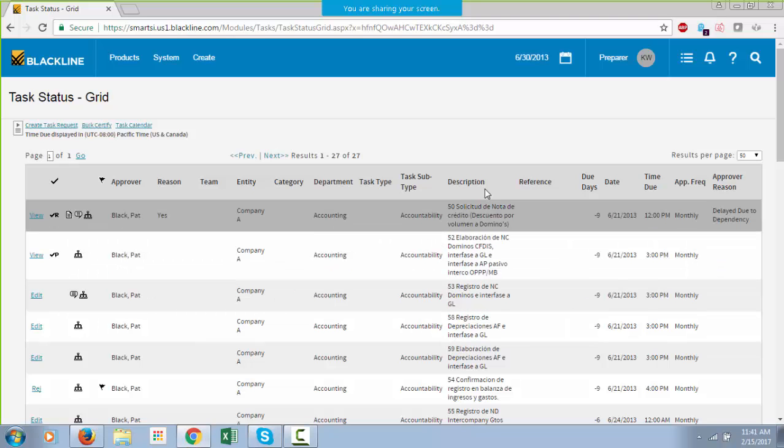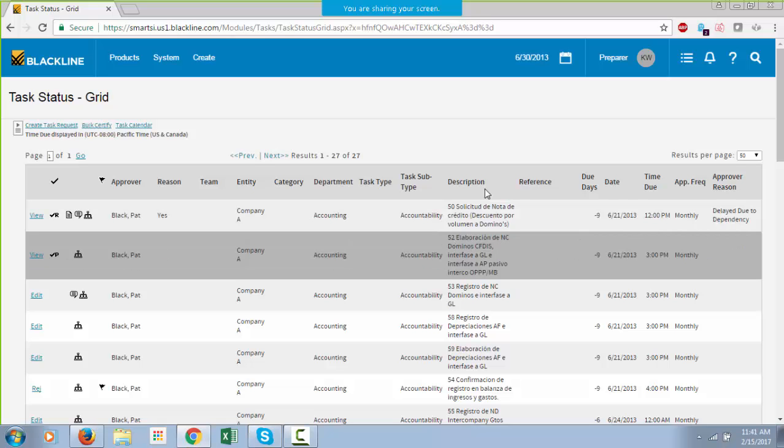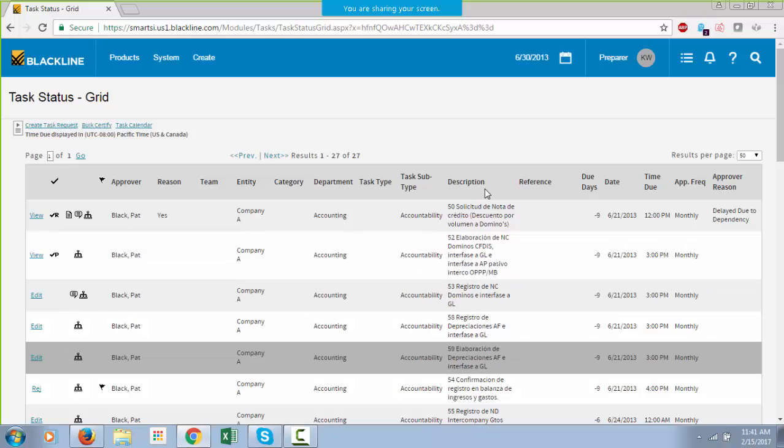So in this module, we can set up cross-product task dependencies. So we can make a task dependent on another task, or we can set up a task that's dependent on the certification of an account reconciliation. So we have cross products. We also have the certifications available in here. We also have the email notifications, and pretty much what all of these do is ensure that all of these tasks are assigned, that they are communicated within the company, and that they are actually achieved